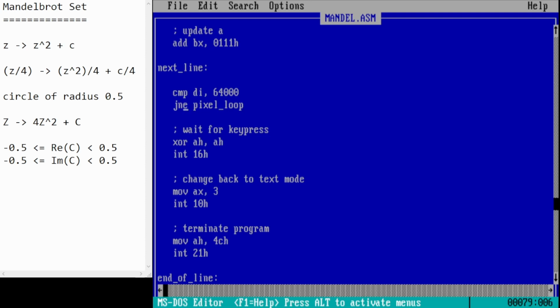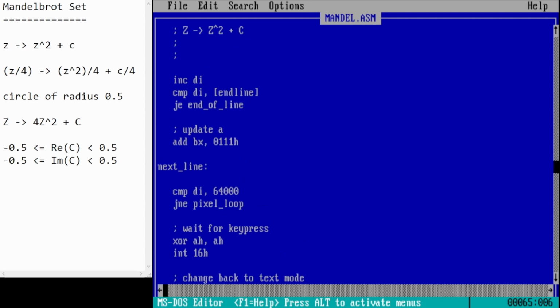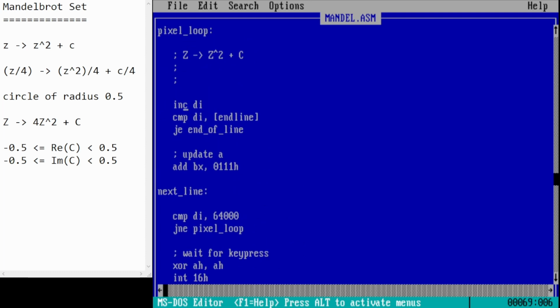So if not, then we need to jump back to the start of our pixel loop, which was up here. You remember that's our big loop iterating over all the pixels. For this we use the jump if not equal to, because if we're not at offset 64,000 yet, we still have more pixels to go, and we have to jump back to the pixel loop label. So see that we have a big loop here. It's just going to keep executing all of the code between here and here over and over again until di equals 64,000. Then this jump if not equal will fall through,